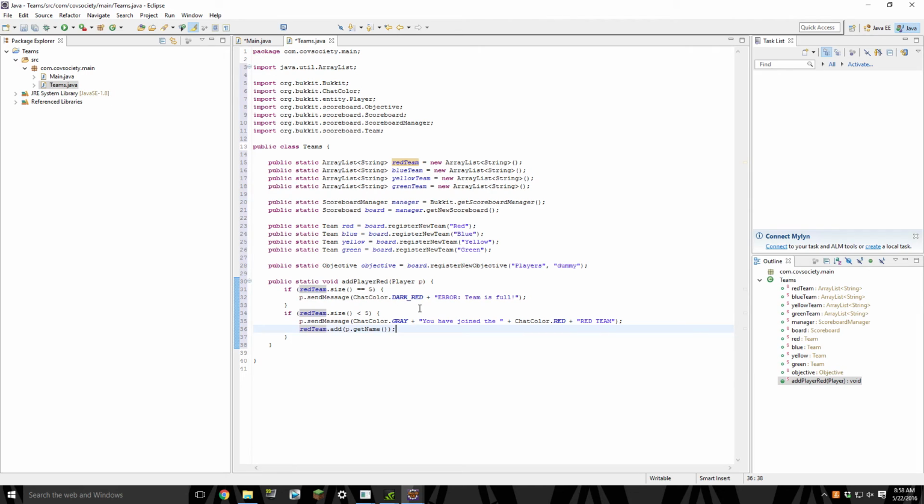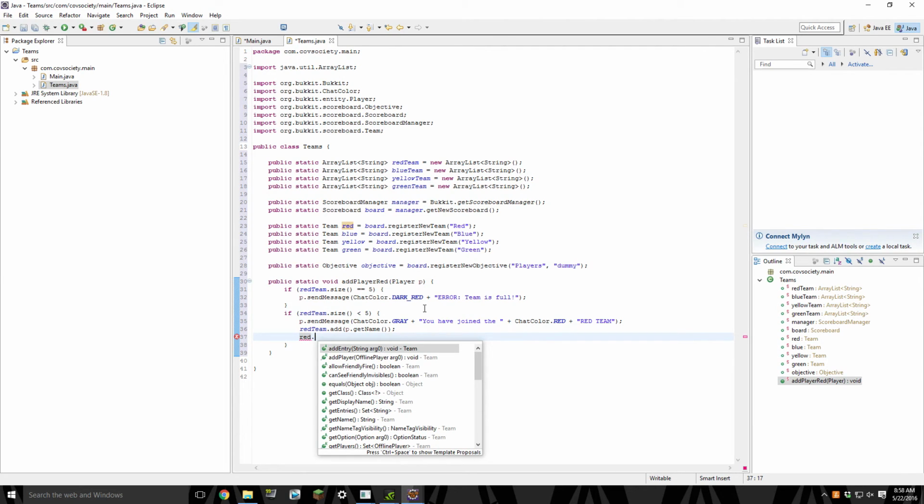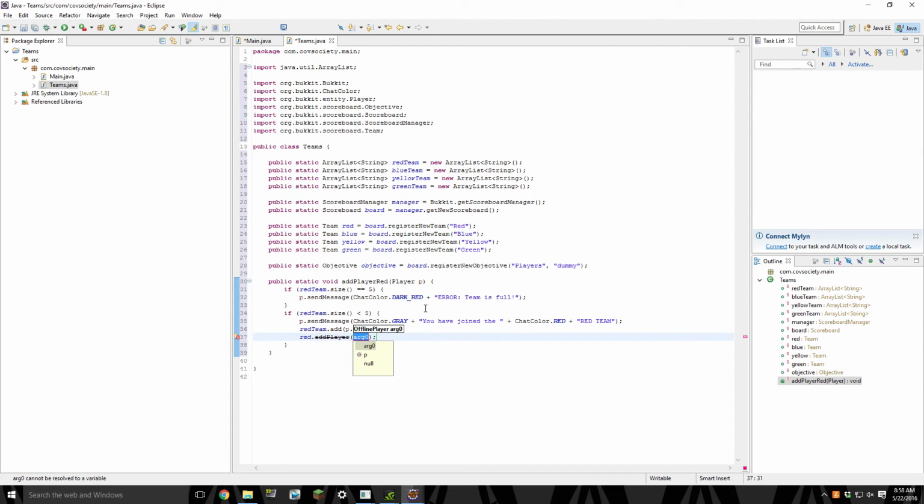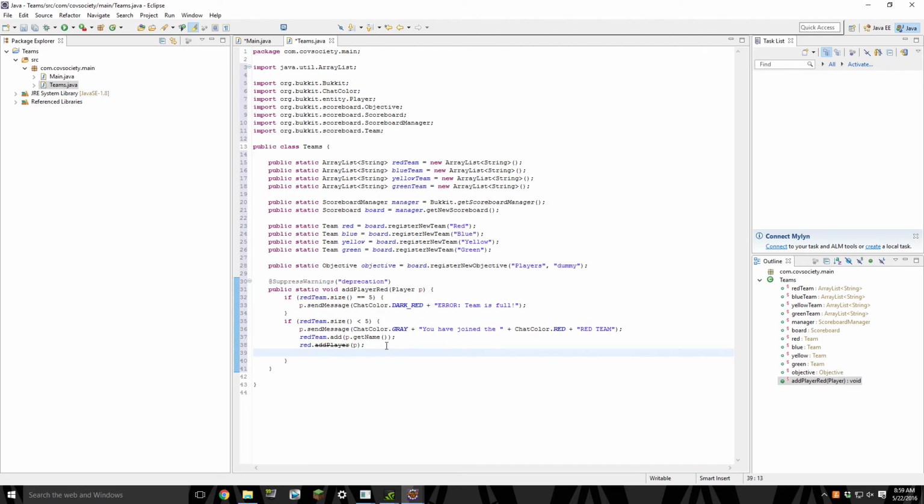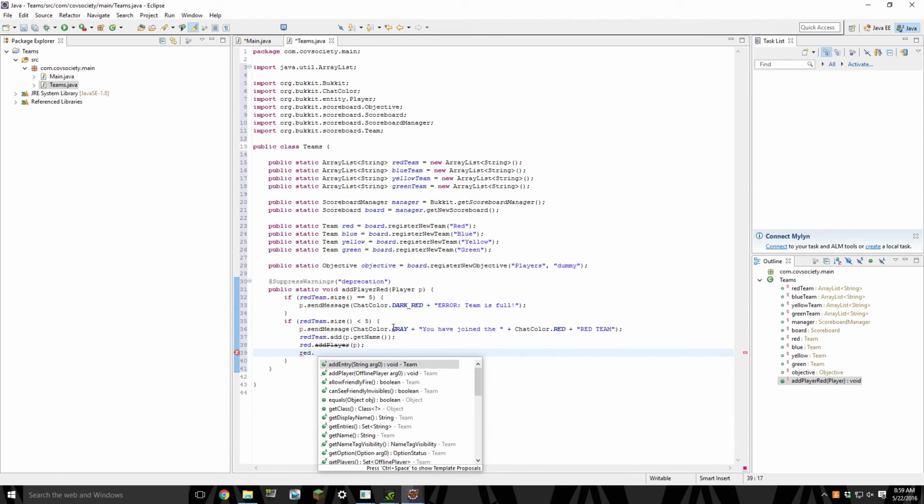So now that we're pretty much done with the array list for red team, we need to go to the teams. So red dot add player p. I'll just add suppress warnings, sure, why not. Red dot set